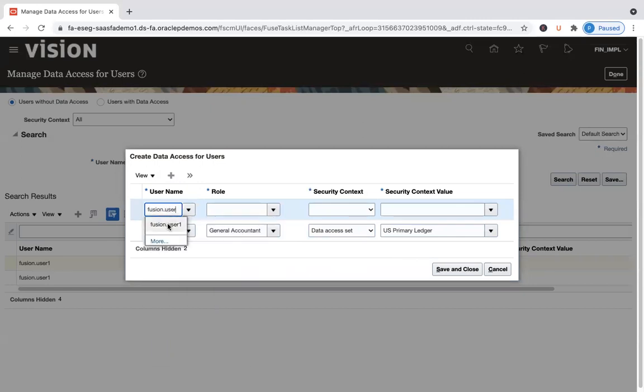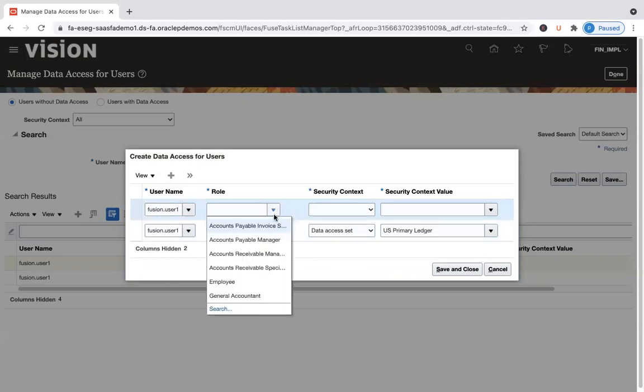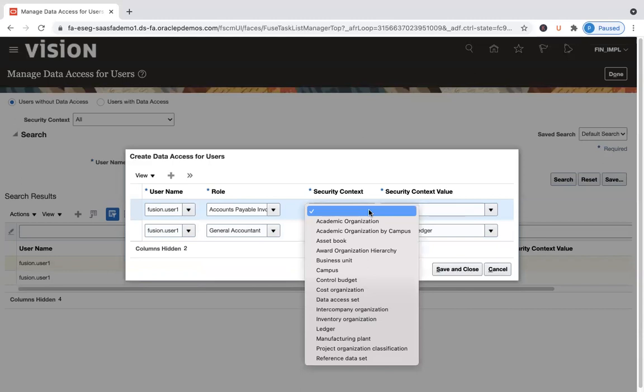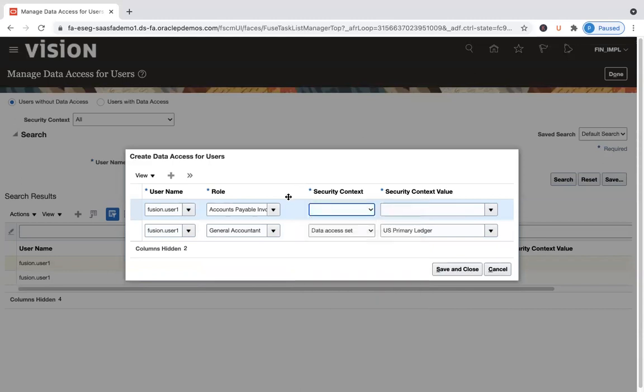Fusion.user1, and let's select AP related roles. AP invoice supervisor, and you notice that, yeah, after you select that,